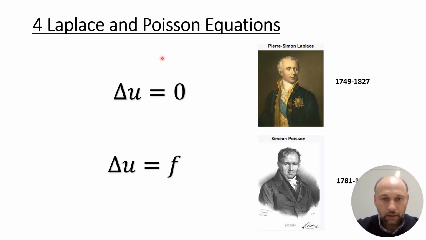This is the Laplace equation, and this is the Poisson equation. Laplace and Poisson equations appear in many branches of physics. For example, they can stand for the stationary solution of the heat equation. In the context of this course, one important application is that the Poisson equation here